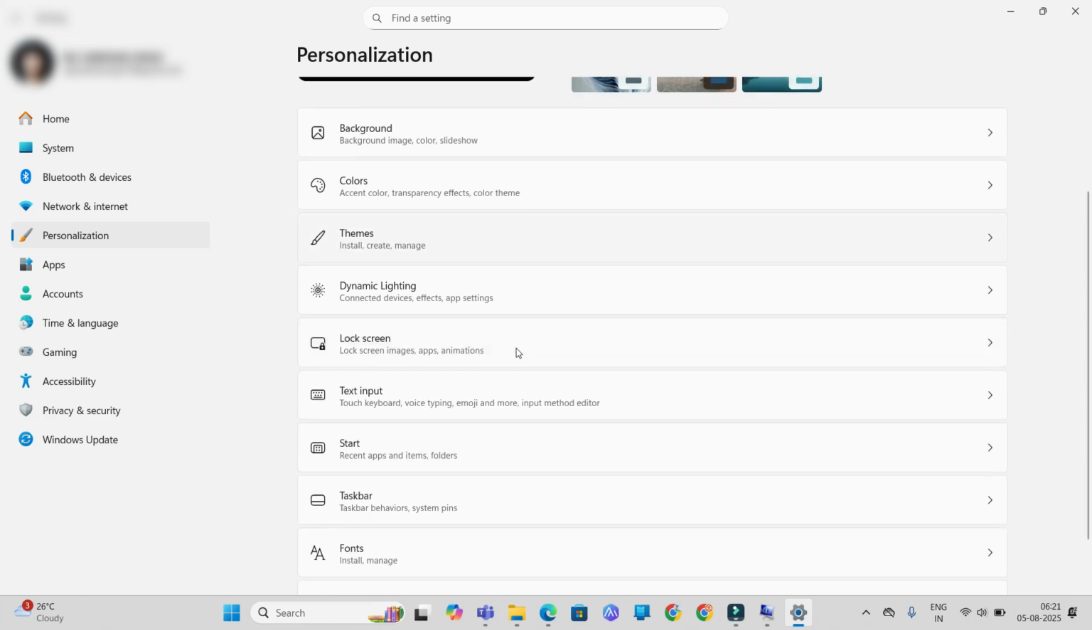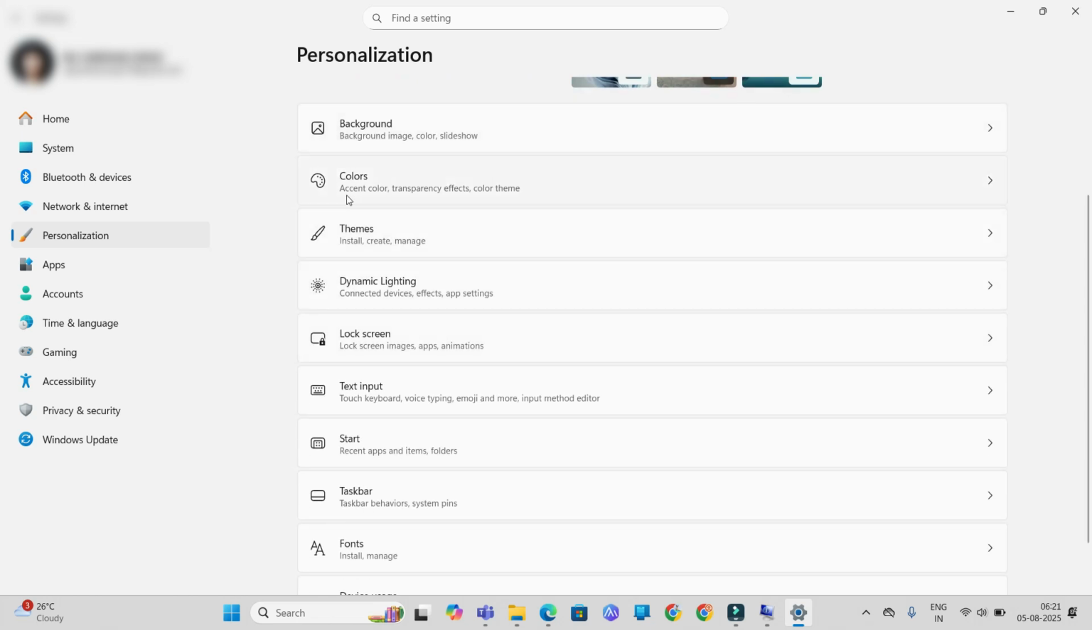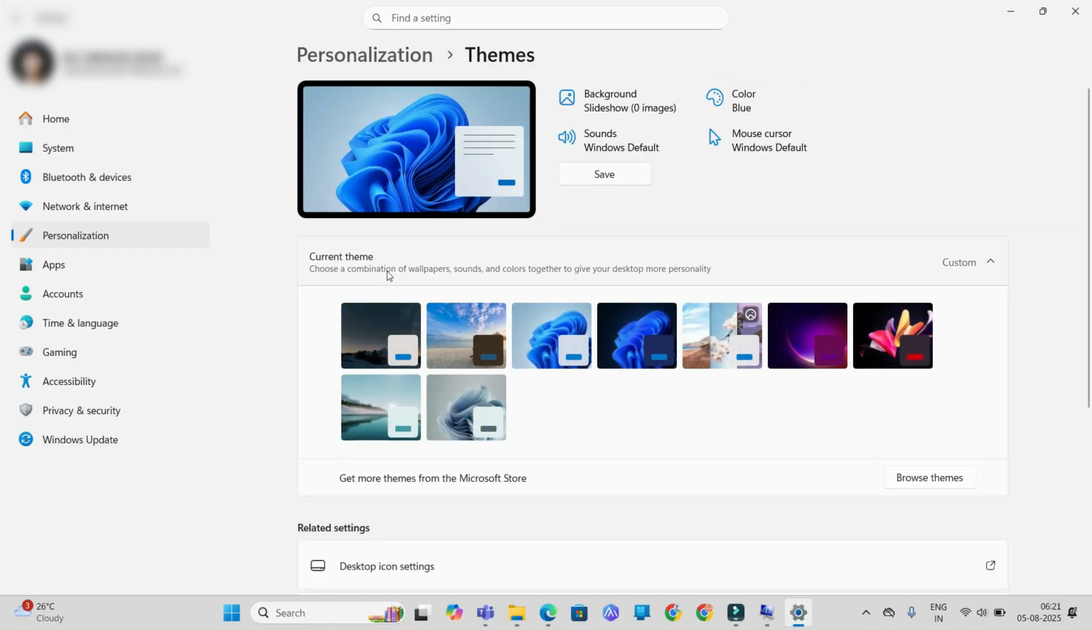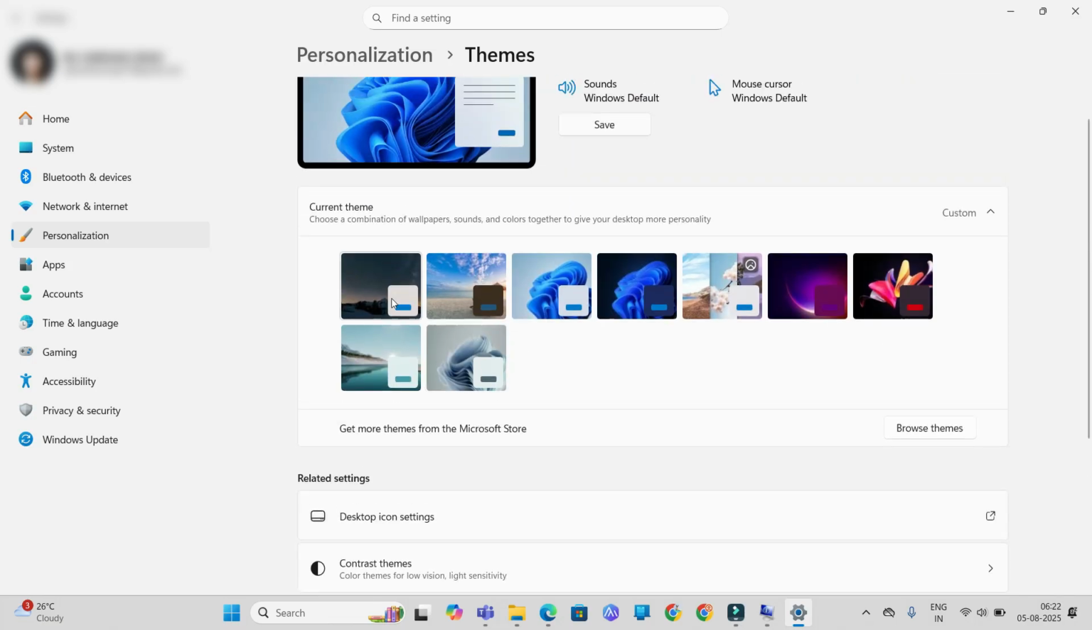Now when you click on the personalize option, you can see there are many options, and you can see the theme option. So click on the theme option. Here you can see the theme options. So you can select any theme if you want to, just like I'll select